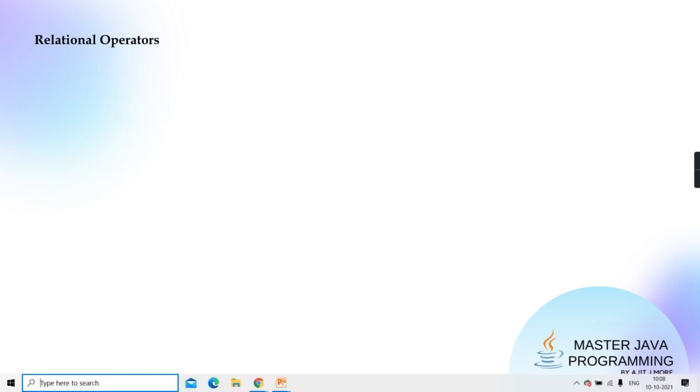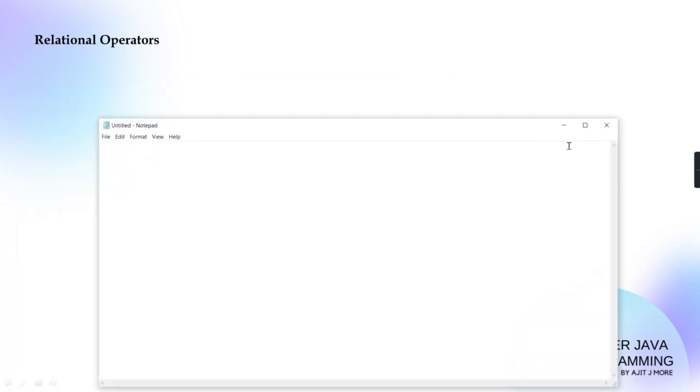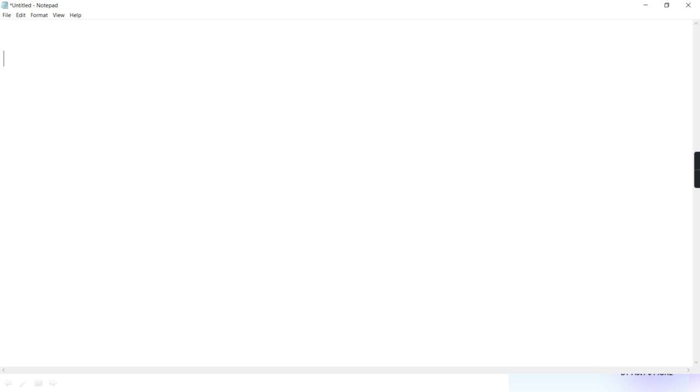Today we'll take the next operator, that is the relational operator. Now for relational operators, what the criteria are, what data types they can operate on, its associativity, precedence, everything, I'll tell you.